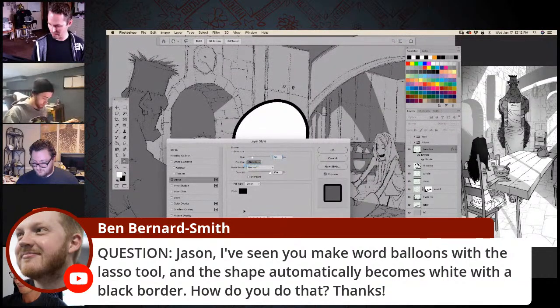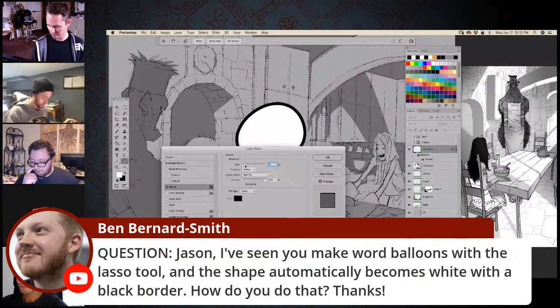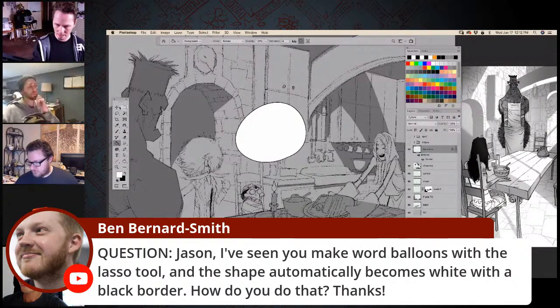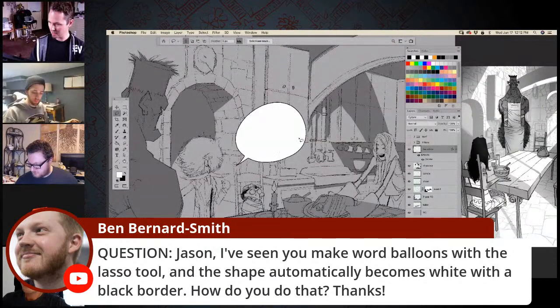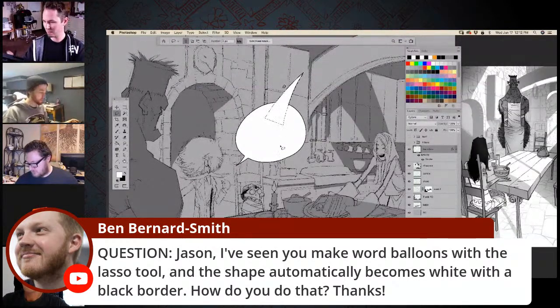I prefer inside for word balloons, and then you can make it however thick you want, 6 pixels thick. And anything you add to that layer will have that nice stroke around it. The reason I like the inside is because on these points, it makes the points nice and sharp.